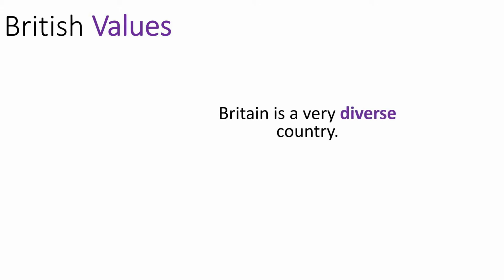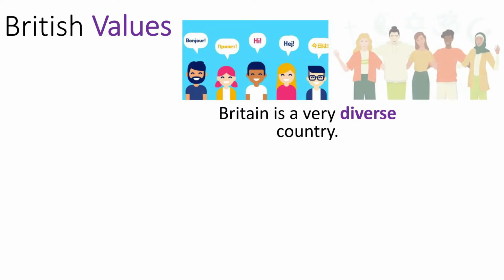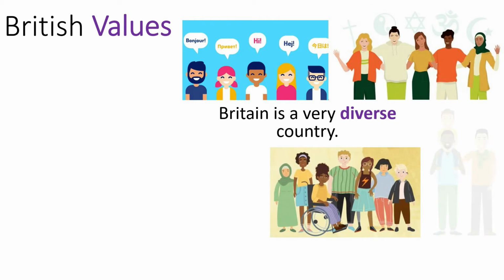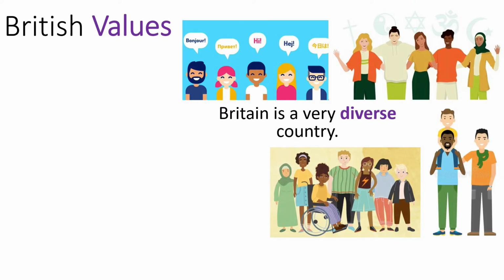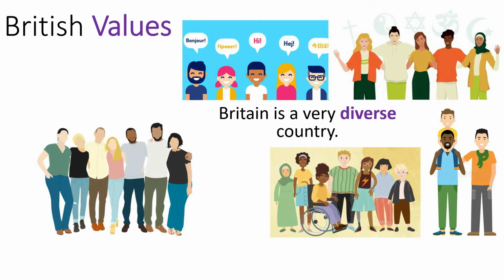So in Britain, all over the country, there are values that are very important. Britain is a very diverse country. This means that lots of people live in Britain from different countries, who speak different languages, who have different cultures and religions, who look different, and who live their lives in very different ways and have very different personal values. Because of this, we have 4 different British values that help everyone to feel safe, respected, comfortable, and important in